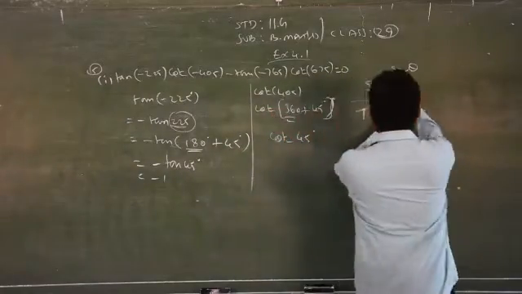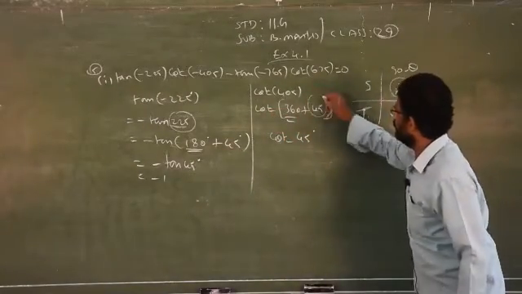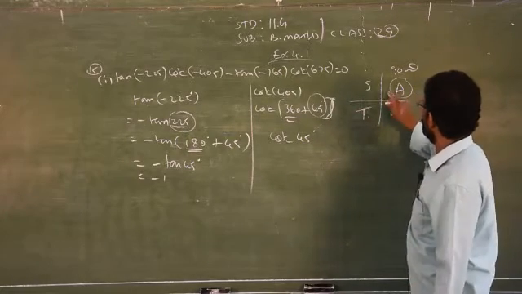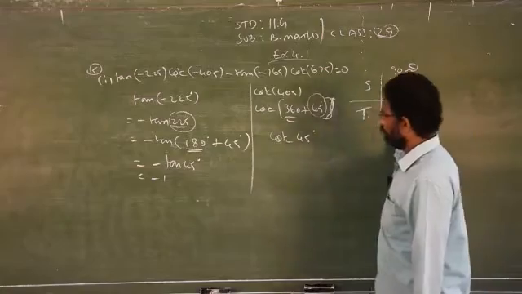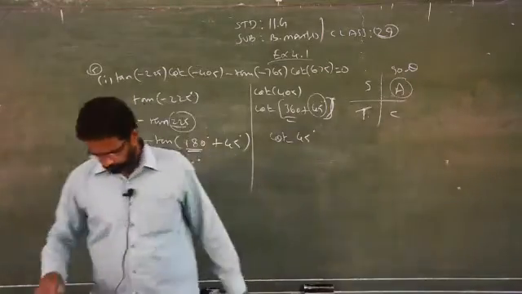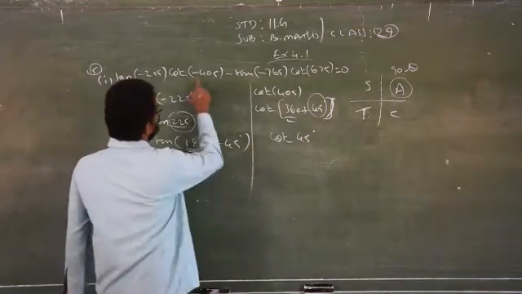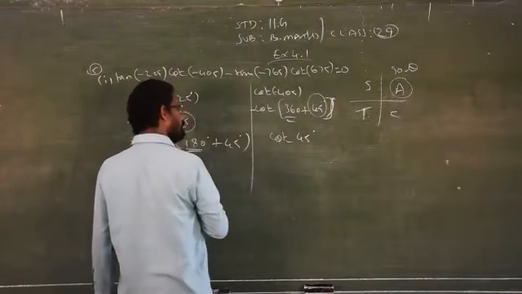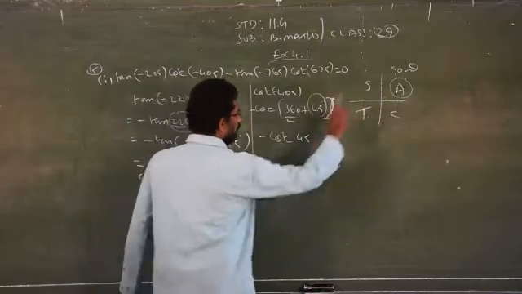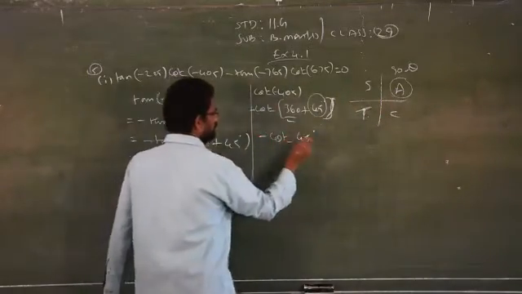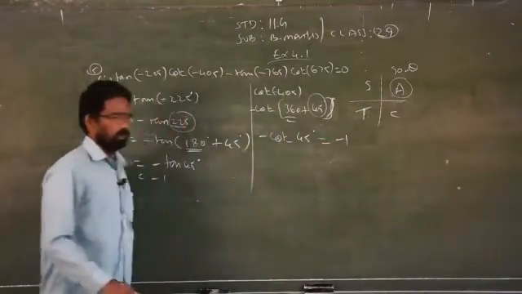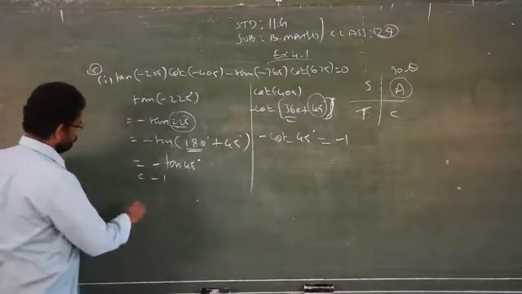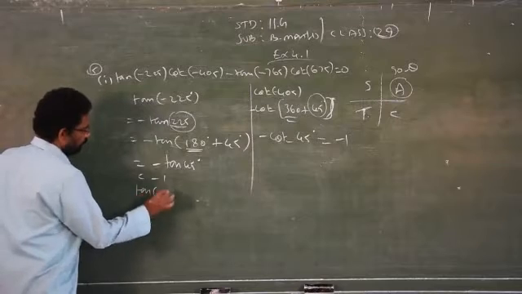Now my question is, the 405 falls on which quadrant? Up to 360, one full circle gets over. So what is the remainder? 45. 45 comes in the first quadrant. Therefore, in the first quadrant all are positive. Positive into what? And here there is a minus, so you have to take the minus outside. I left the minus, sorry. So you will have to write minus 45, plus into minus, no changes. Answer is -1. Clear?